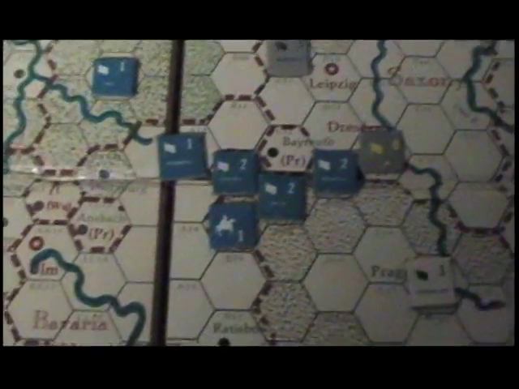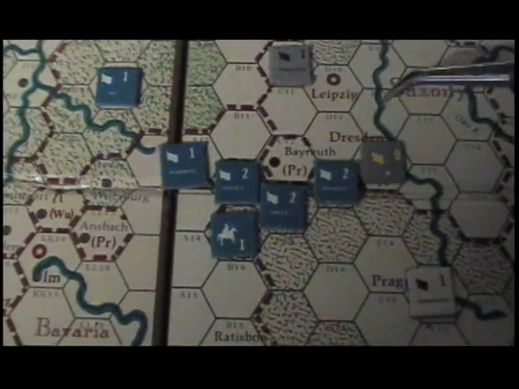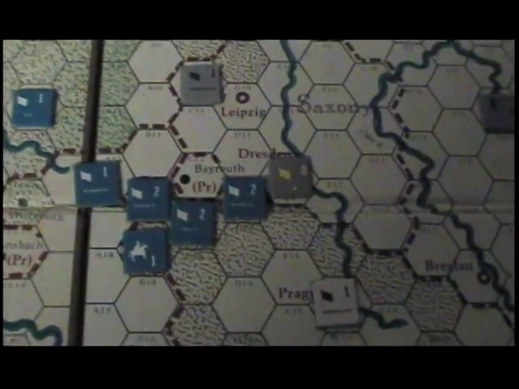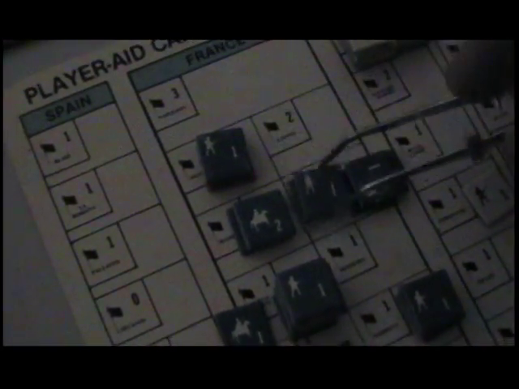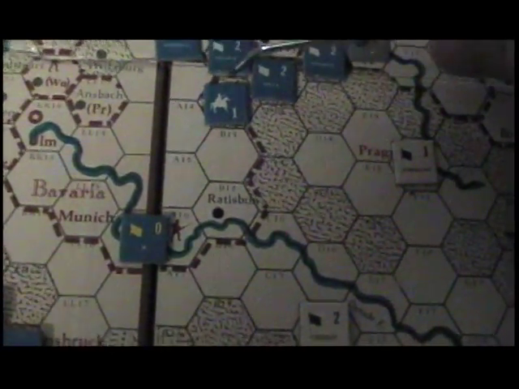I'll go 1, 2, 3, 4. That would just put me on the river. I'd really like to get over the river, but I guess if I can get rid of this, I will. So let's take Devout. Devout has 5. And let's move to